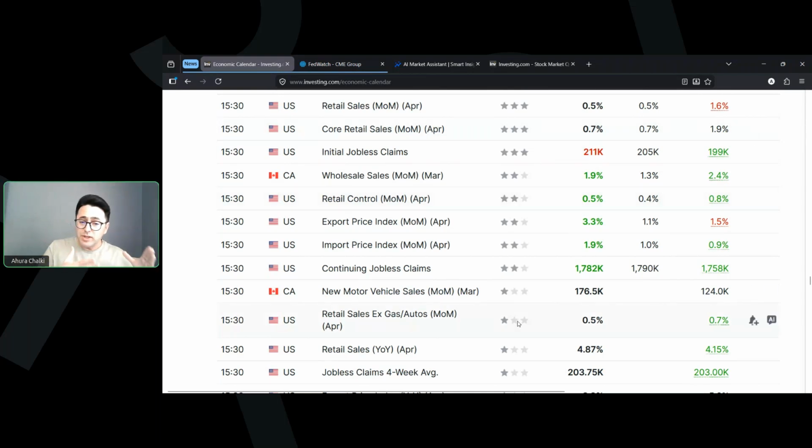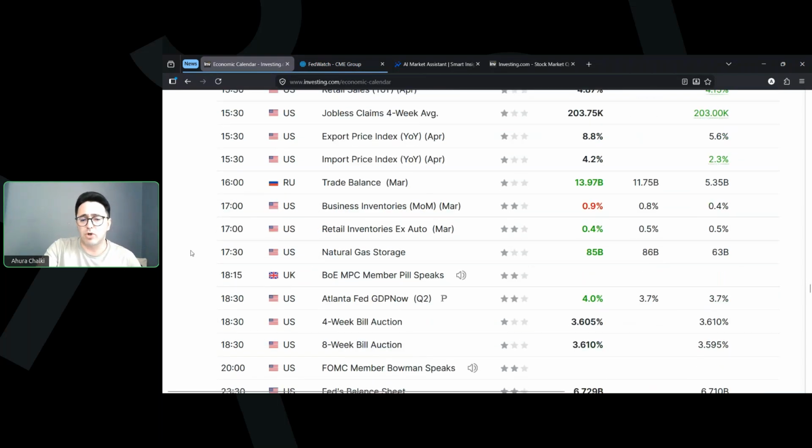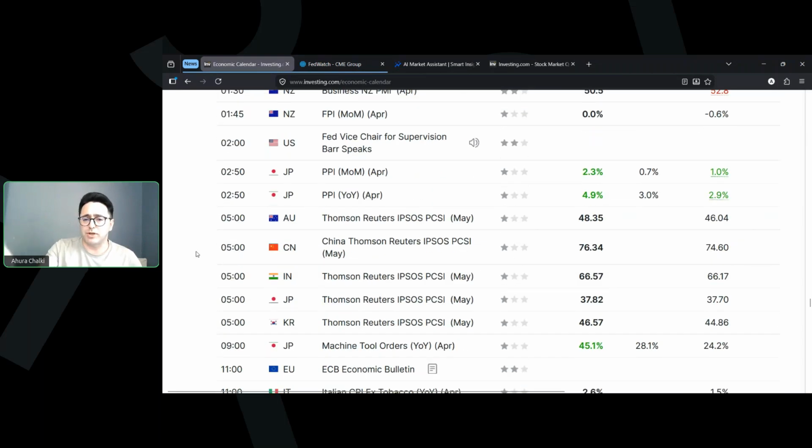Annually, US retail sales jumped by almost 4.9%. Just compare it with the falling 2.8% for the Japanese. That's a 4.9% increase in the US economy, and that's why you can see the trust in the US bond yields is much higher than in other economies. And today, the Japanese producer price index: you can see here the PPI increased by 4.9%, while on a monthly basis it increased by 2.3%.